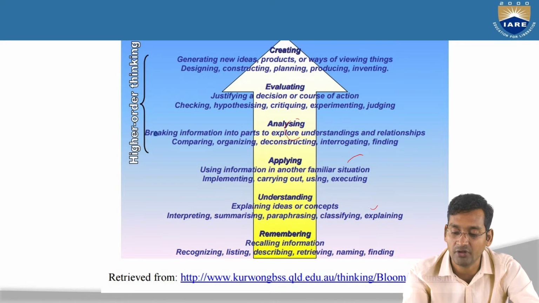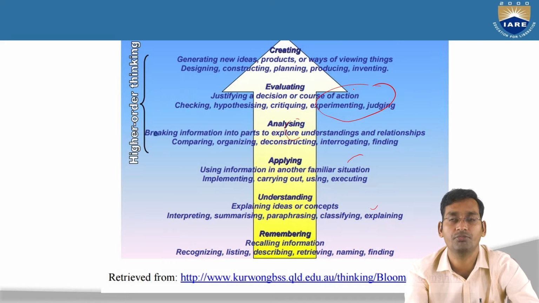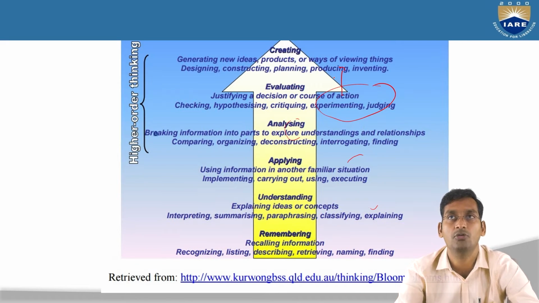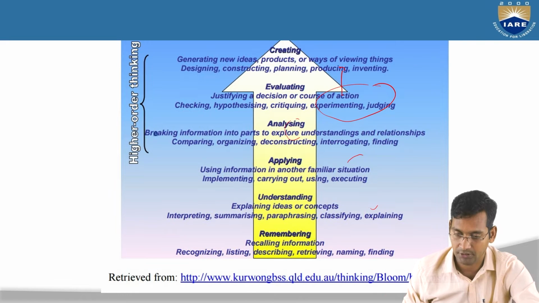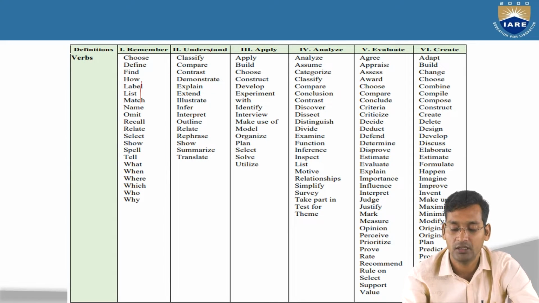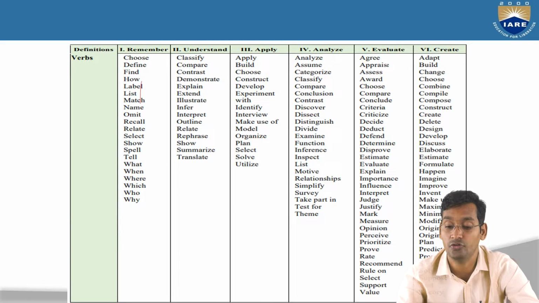So once you identify all the problems here, then next is what? Overcoming your problem. So now go for creating the prototype or whatever your idea is. Under the same, for remembering, we can use these; for understanding, these are synonyms. Then third, apply. So these are the verbs which are used in COs.